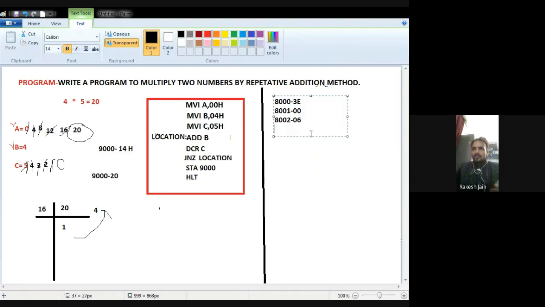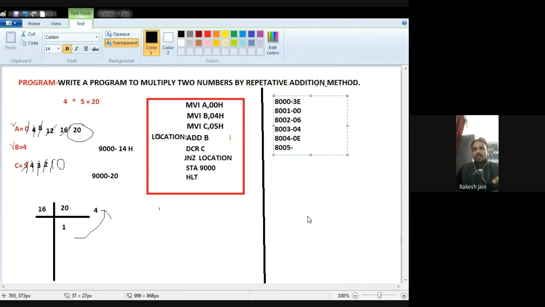That is 06. Okay, no problem. Then at the next memory location, what is the content of MVI B? That is 04. Okay. Then at the next memory location, what is the hex code of MVI C? So again we check for the hex code of MVI C, and that is 0E. So I write down 0E.